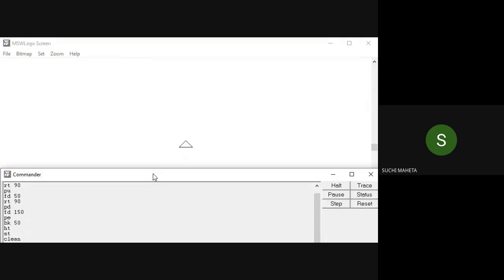But if I use clear screen or CS, the whole screen is erased. So this was your clear screen, clear text and clean command. Now clear text CT. So you have pen up, pen down, and pen erase, hide turtle, show turtle, clear screen, clear text, and clean. LT, RT, FD. These are all different commands which you have to remember and implement when you draw a specific type of shape.